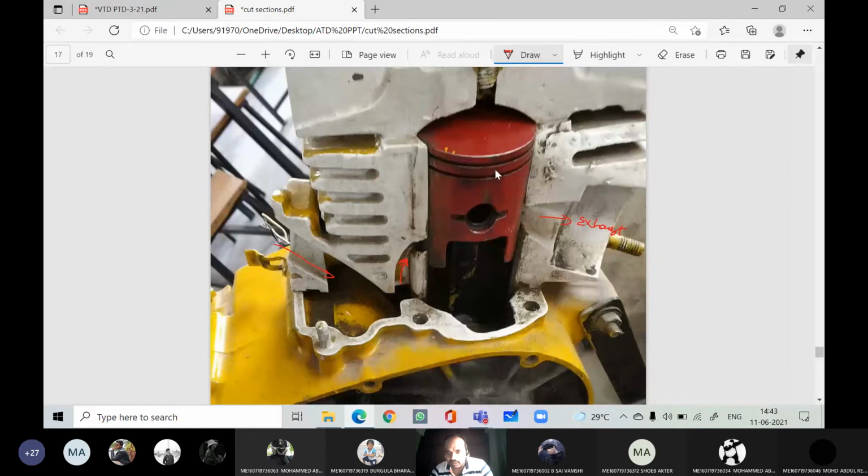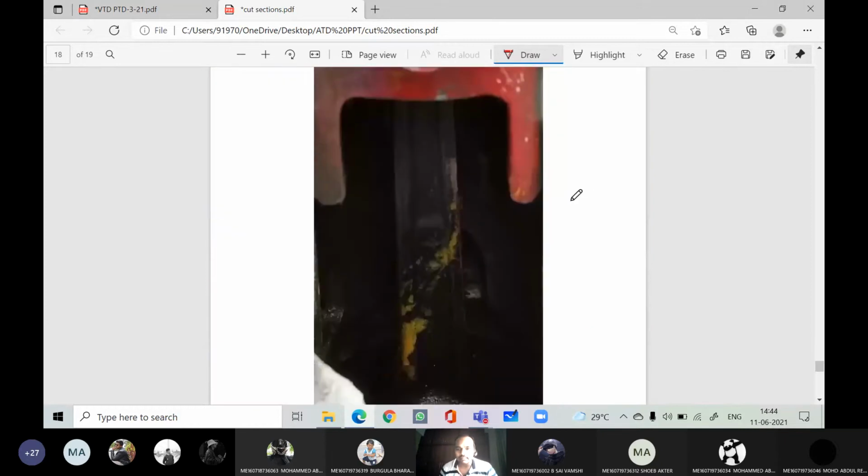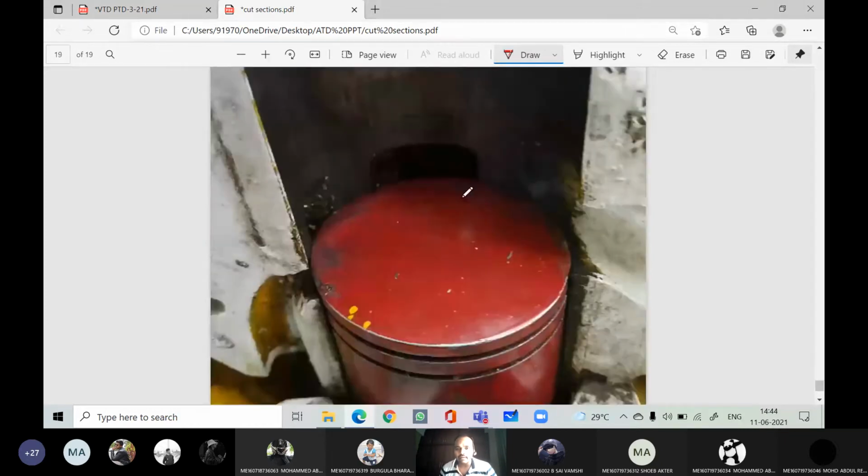When the piston is moving in the downward direction, first it uncovers the exhaust port, then the transfer port, then the inlet port. Right now the exhaust stroke has started, and within that suction has started. The return stroke of the piston will close the transfer port, thereby suction is completed. Further it will close the exhaust port, exhaust is completed. From here again compression, then power stroke, then exhaust, with compression and suction below. This is the two-stroke engine. This is the connecting rod.